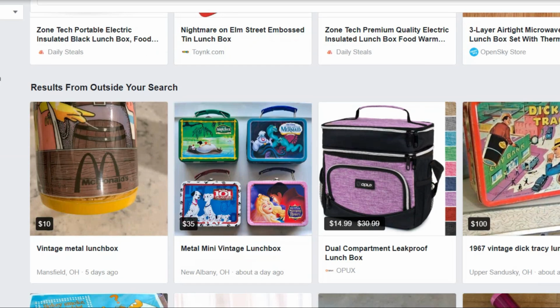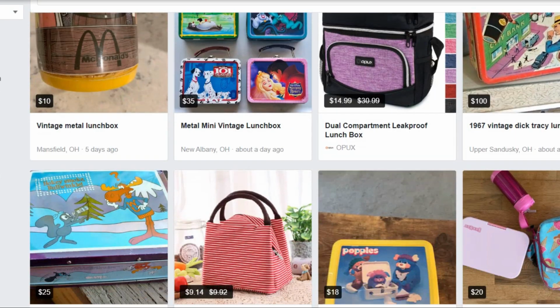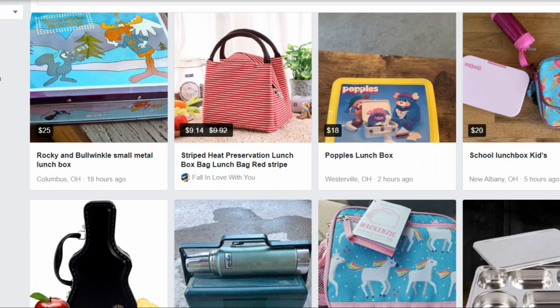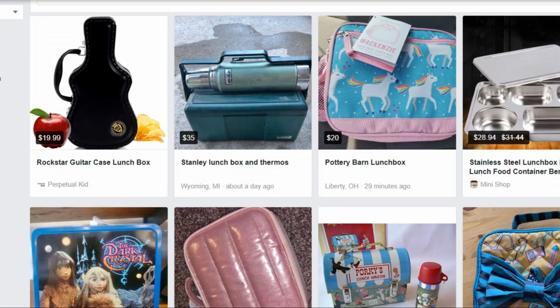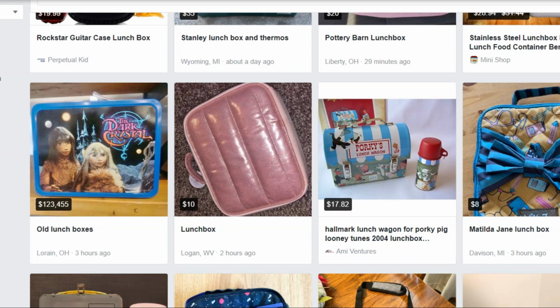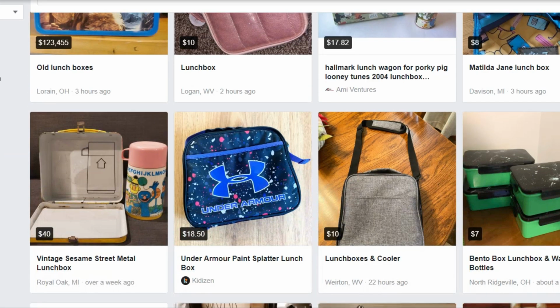I put in lunchbox. So here we go. Results from your search. So somebody's selling a vintage metal lunchbox. It's not that big a deal. Lots of collectible ones, which is more, I don't know why they're not selling those on eBay. That's more of an eBay thing. Let's see, there's a Pottery Barn lunchbox for $20. That's kind of a lot. And sometimes you'll find something, sometimes you won't. It just depends on